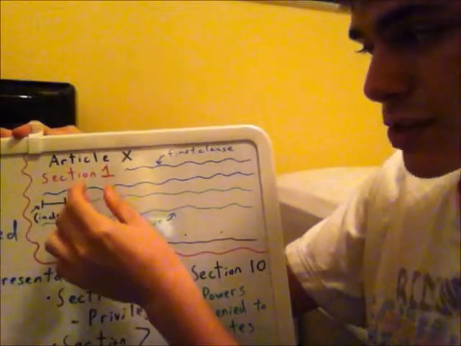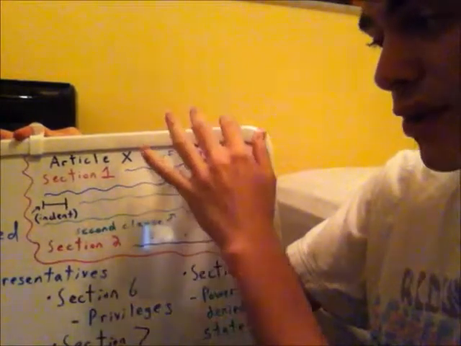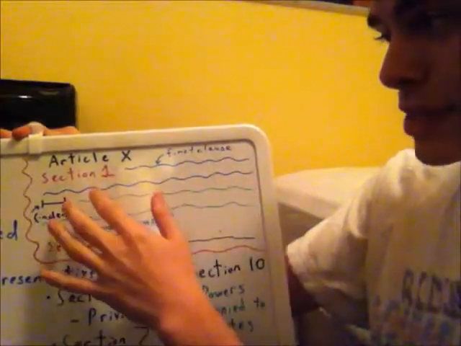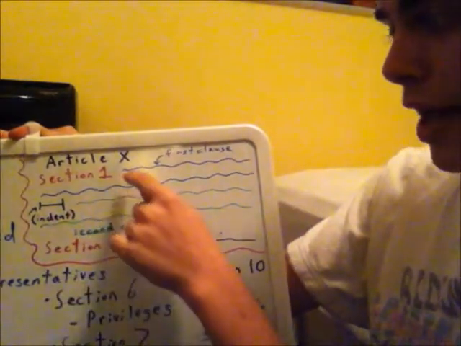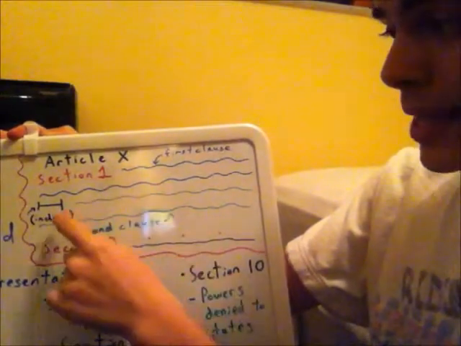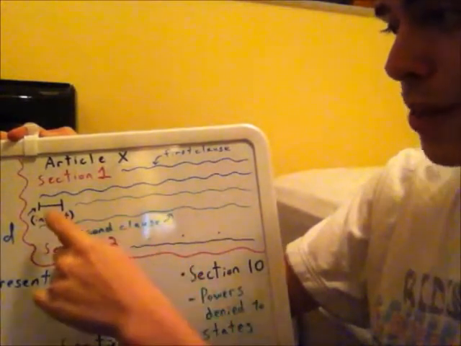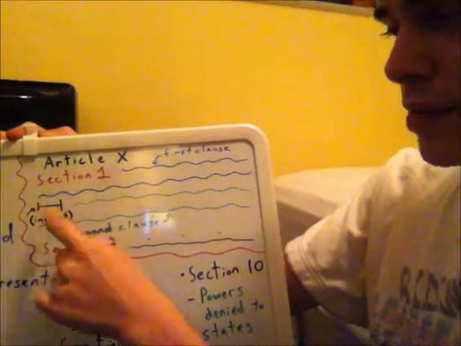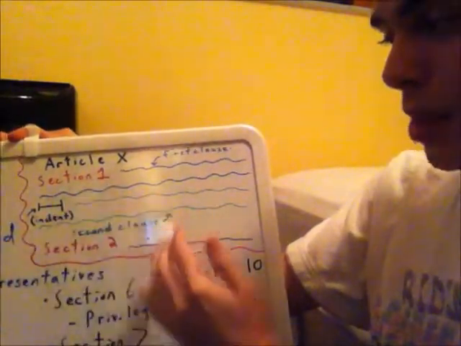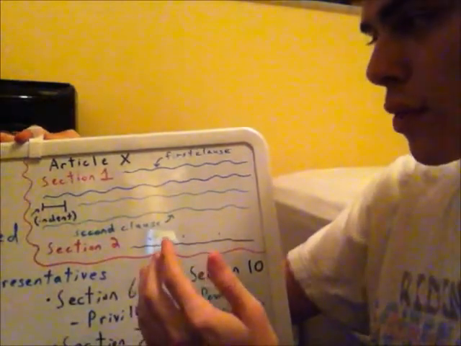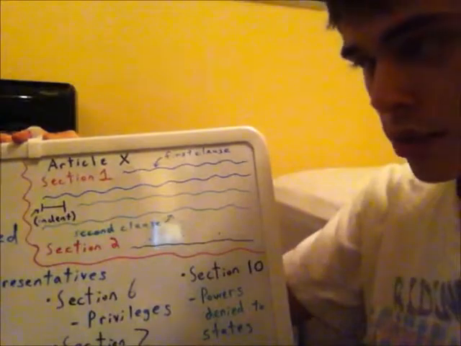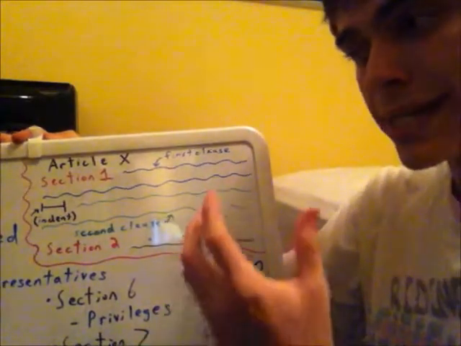Each individual section can be broken up into various clauses. Each clause is essentially a paragraph in each section. So I have right here the first clause of Section 1 of Article X, and then the second clause is identified by an indent. Whenever there's an indent, whenever there's a new paragraph, that represents the next clause. Now we don't usually refer to clauses as first clause, second clause, third clause, but we usually refer to clauses